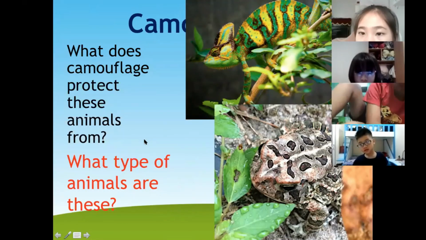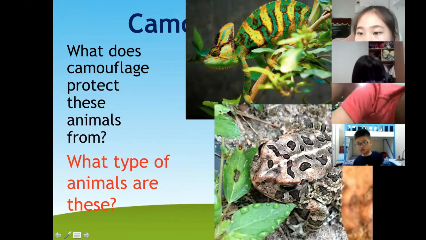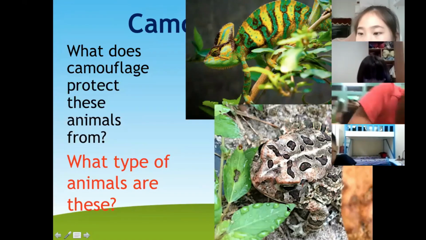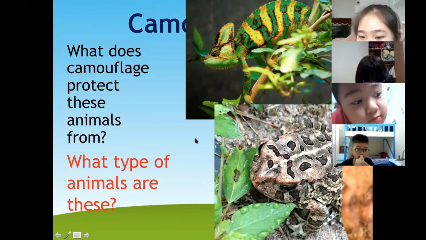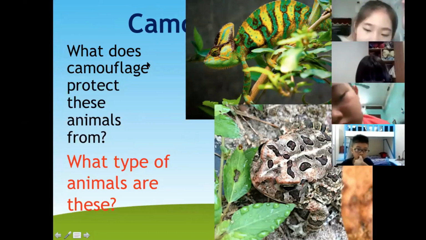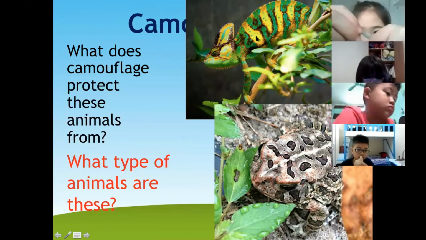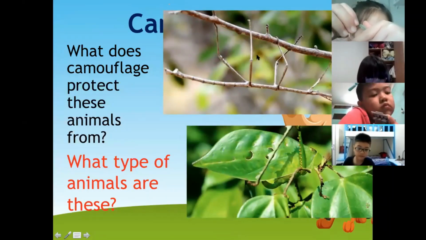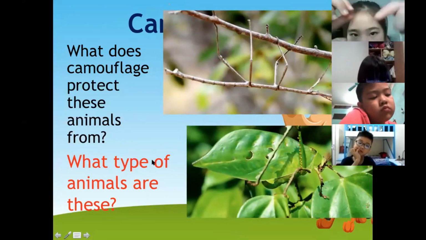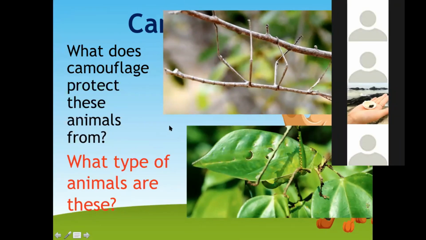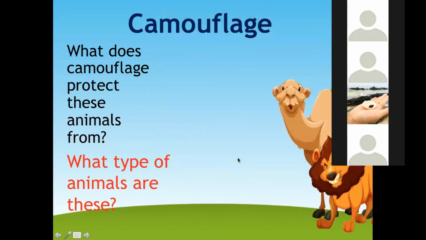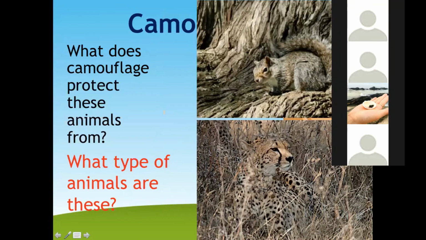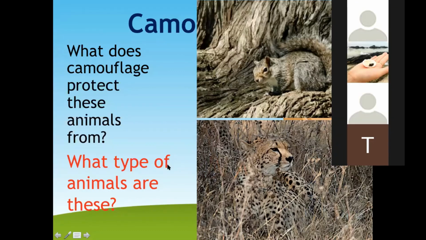Reptiles. Excellent job, reptiles. And the toad at the bottom is actually an amphibian. So one reptile and one amphibian. Okay? And what about these? What type of animals are these? Khaki said insects on Messenger. Good. Sorry, Minheng, it's not letting me unmute you. All right, and these are, what animal are these? Let's say it out loud together. 1, 2, 3.